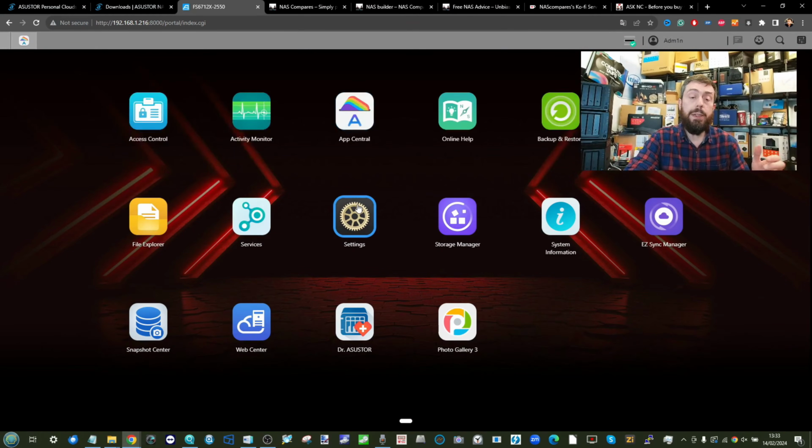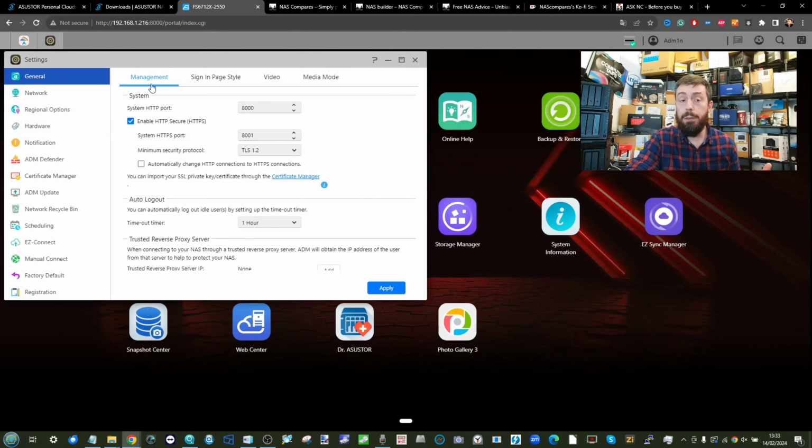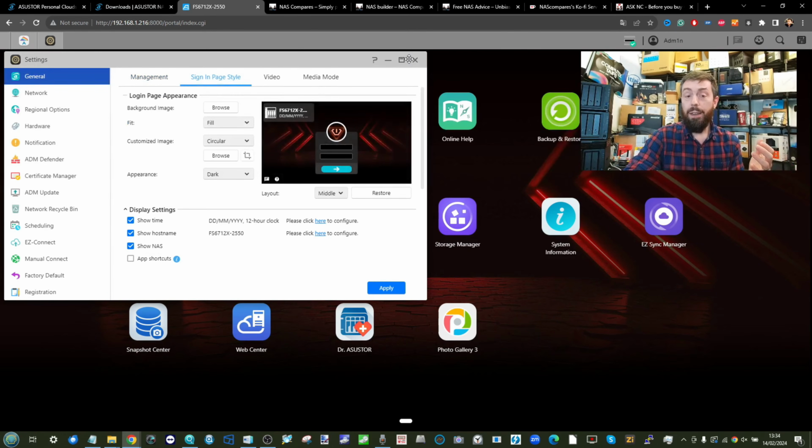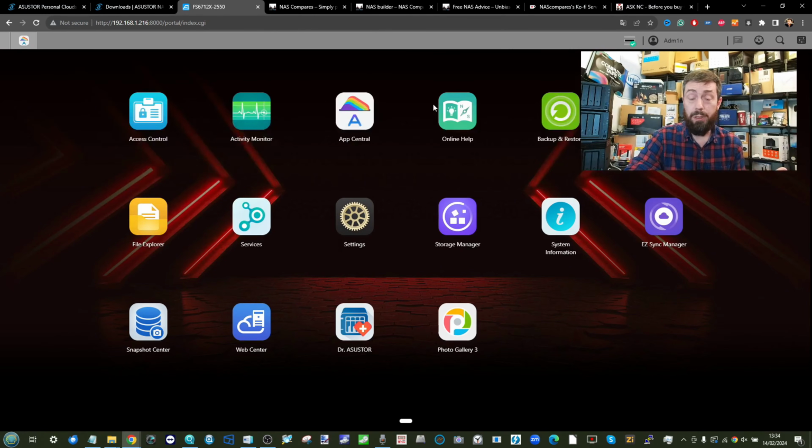And don't forget, you can even take things a step further by going into the settings menu and via the management tab, not only disabling insecure access, such as I'm using a local area network and have not installed an encrypted certificate here. Again, we've got a whole video on security settings on this system coming soon. But on top of that, you can ensure that there's an auto logout, and you can go ahead and change some of the default ports. Again, as mentioned on this system, that you should really have set at the beginning, you can change those here on these settings. Ultimately, the Asustor platform has come forward leaps and bounds in recent years, and some of